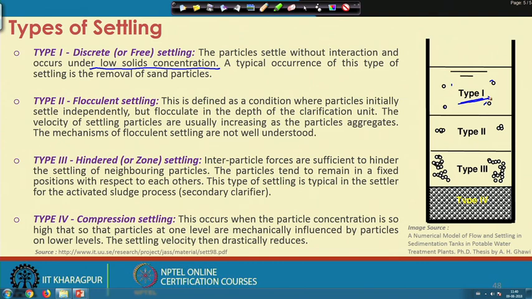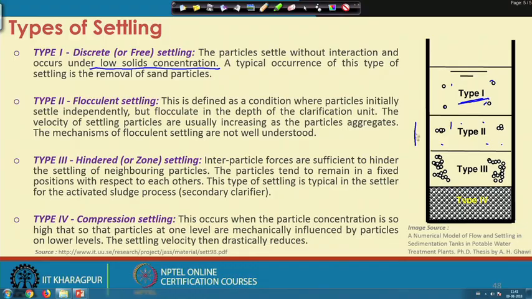Then we have another type of settling which is called flocculent settling or type 2 settling. This is a condition where the particles initially settle independently, but as they come down, so let us say you are having a system like this, particles initially were settling independently, but when they move down, their concentration increases a little, and they may have a chance of interacting with each other, and that results in the particles agglomerating and forming flocs. So, they flocculate when they go deeper in the clarification unit or in the clarification basin,